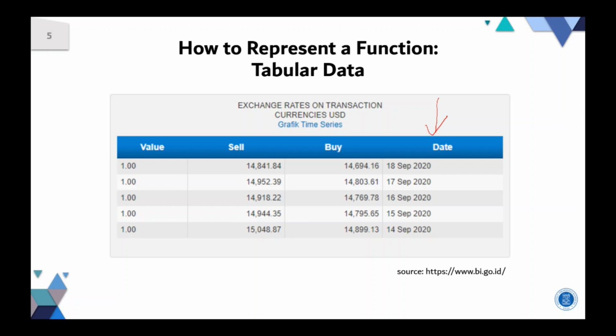Okay, but then we have here two values for each date. We have sell values and we have buy values. Then you can say, well, it is not a function. For each date we have two values, so it is not a function. Yeah, that's correct. But we can